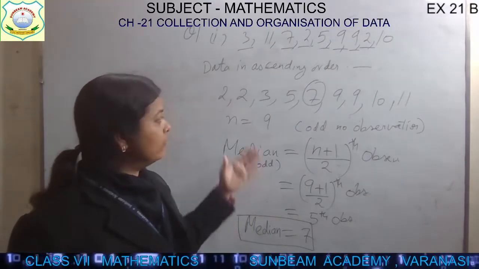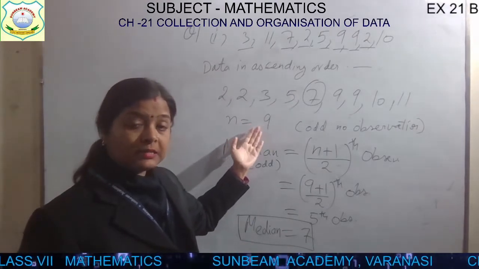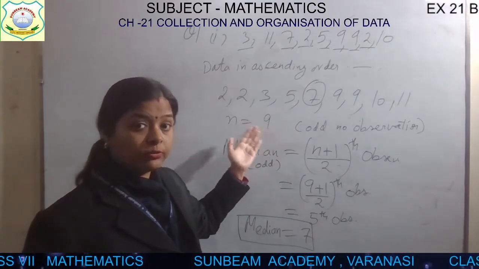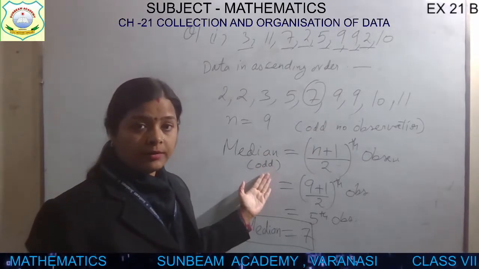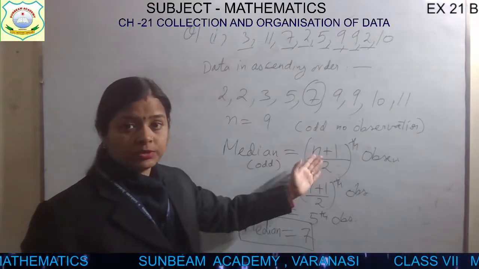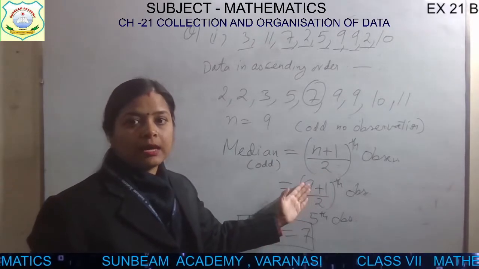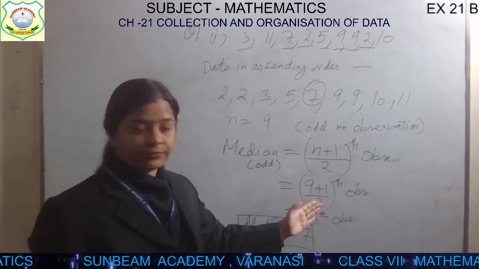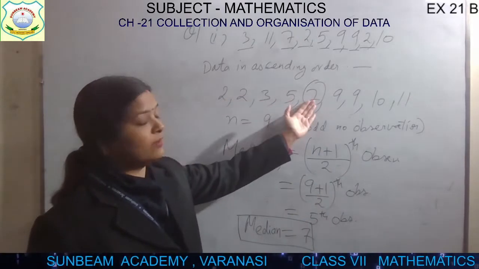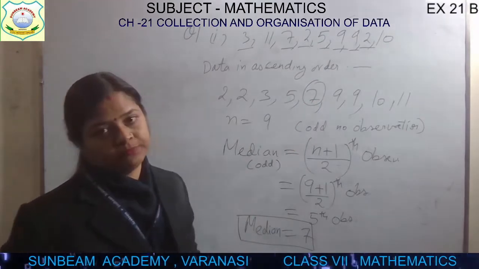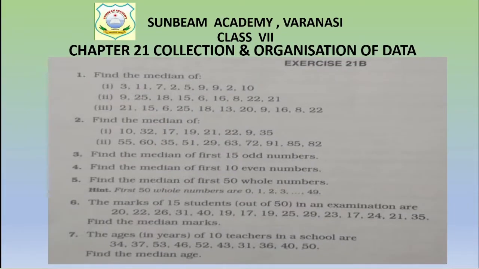So for that you have to write the values in ascending order. Then what is n? n means number of observations. 9 observations हैं, so we will write 9. 9 means odd number of observations. So median for odd number of observations, ये होता है formula. Write down the formula first. Apply it. 9 plus 1 is 10. 10 by 2 means fifth observation. So what is the fifth observation? 1 2 3 4 and 5. 7 is the fifth observation. Clear?